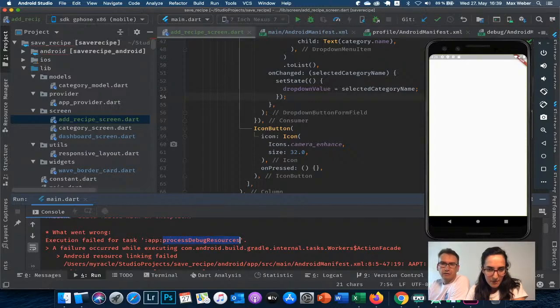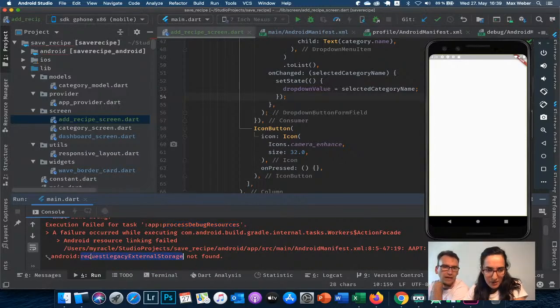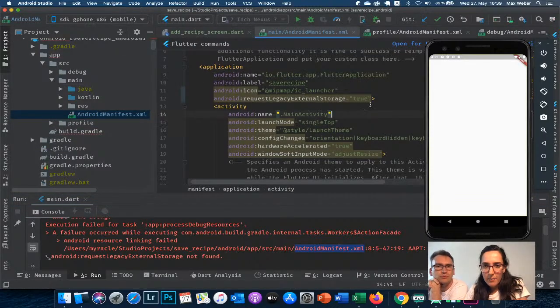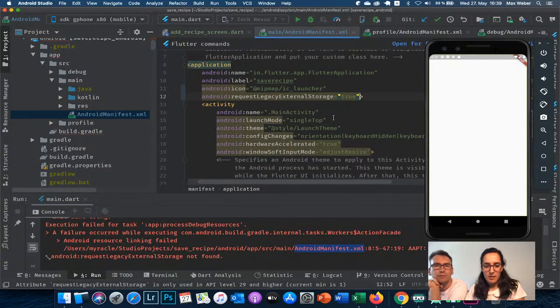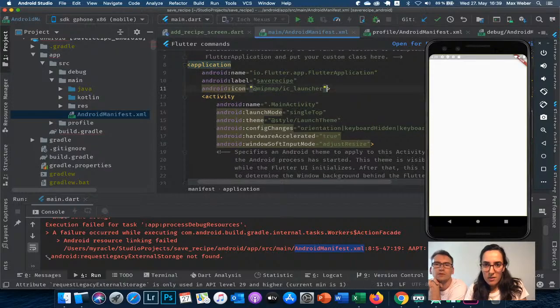Ah, look at that. Error attribute. So it seems that what we added is not happy with it. So inside of the Android manifest XML, this is here. Okay, so I put it here. Maybe we have to remove it again. Maybe we are already in a newer version or it's not necessary anymore. Let's try it without. Just remove it and just try it without that. And if it's not working, then